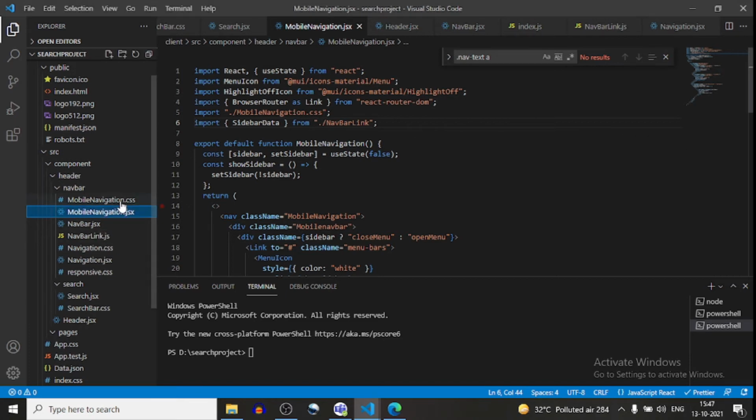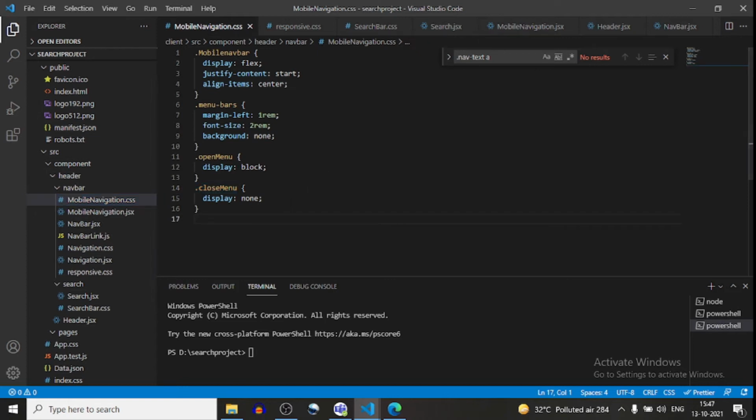I will go on mobile bar and dot nav menu.